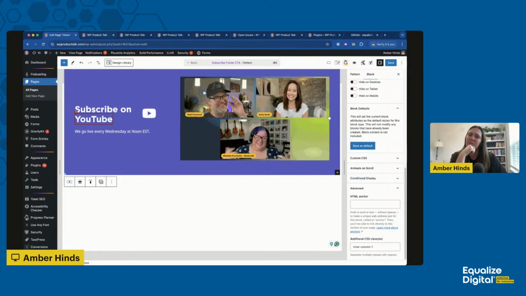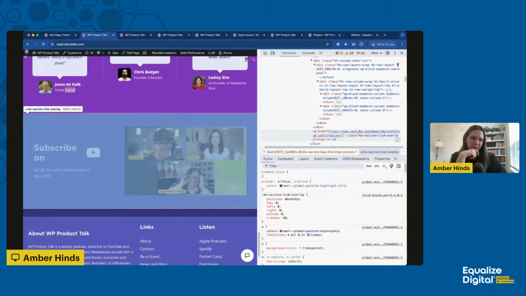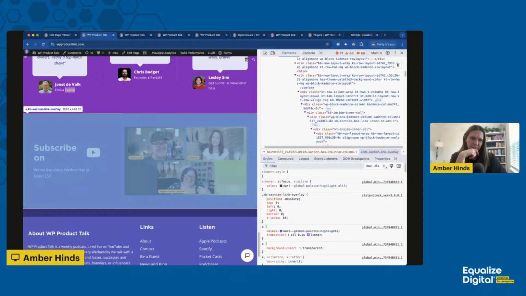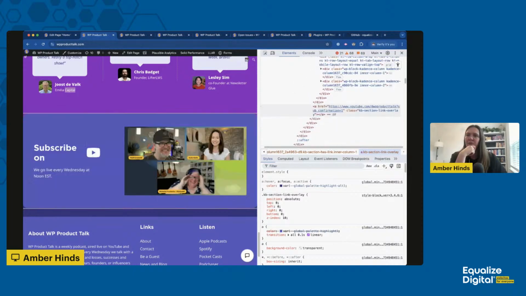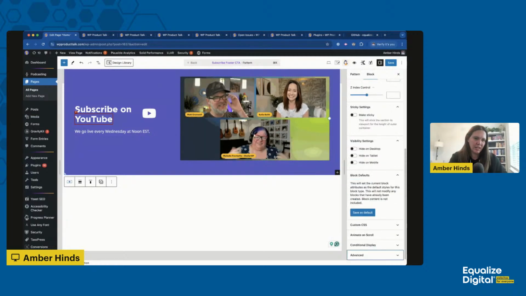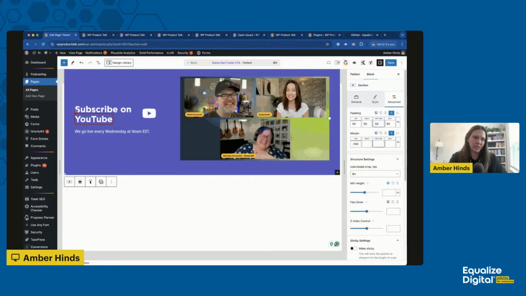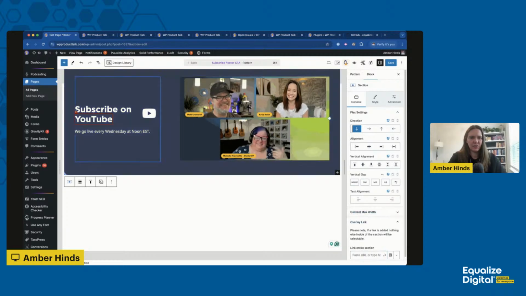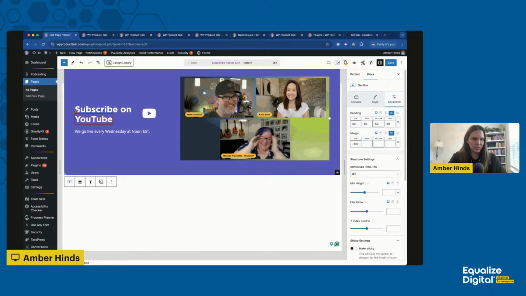And I'm not sure. Let me think about this for a second. I'm going to go back. I'm going to look. All right. Well, I'm going back to being an average user. I can't do it. There's no way to make this accessible with that setting in the block editor. So I am going to go back and undo what I did. I'm going to remove this link and not link the entire section. I am also going to remove, actually the hover effect